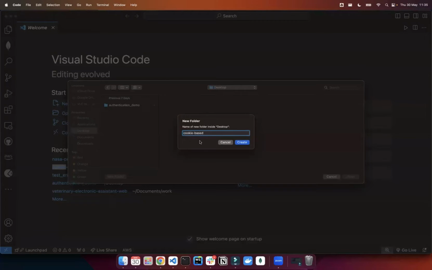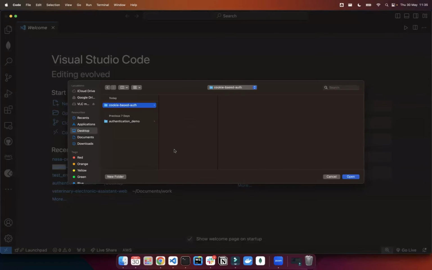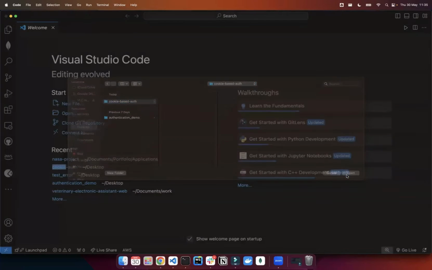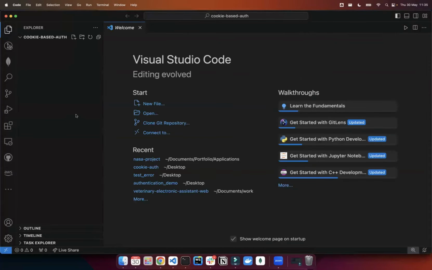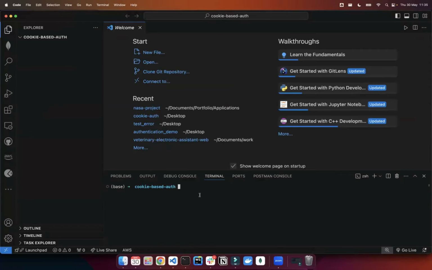All right, so we'll do the usual bootstrapping, npm init -y. So we need the following packages: npm i